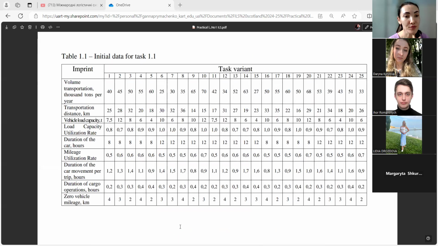Vehicle mileage. Load capacity. So it is our vehicle load capacity in the table. It is the third line from the top of our table. For example, for variant 1 it is 7.5. For variant 2 it is 12, for variant 6, and other values. Please use it in your formulas. And the last,